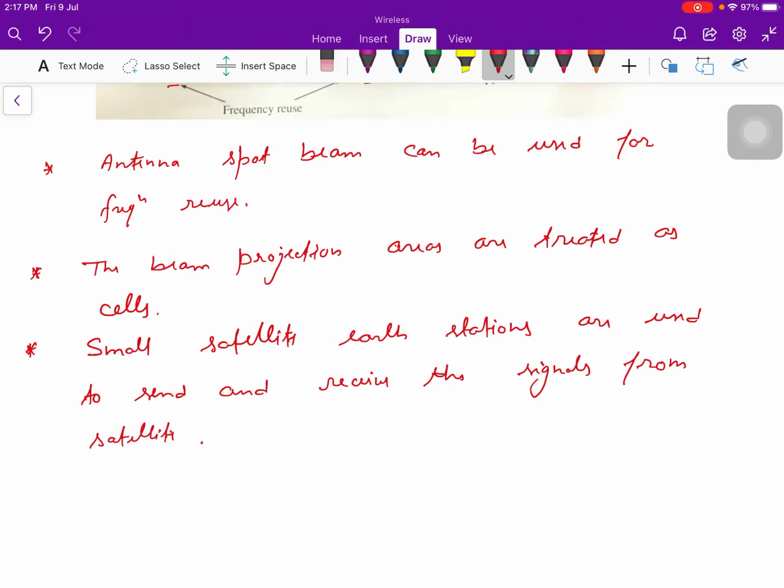Now, these signals, whatever we are sending, can be further routed to the MSC, which then takes care of the routing of the signal. So after this, these signals are routed by the MSC, the mobile switching center.